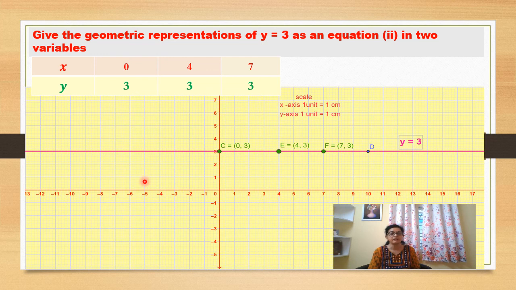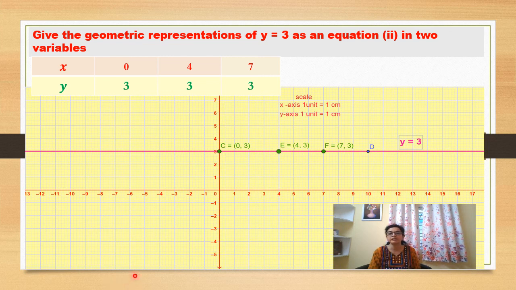It is opposite. Usually children think that if it is y is equal to 3, then it should be parallel to the y-axis. But no. See, your entire representation is over here. And I am trying to tell you to just remove your confusion now. No confusion should be there. See the plotting on the graph and be clear that when y is equal to 3, it is parallel to the x-axis. The pink line is parallel to the x-axis.